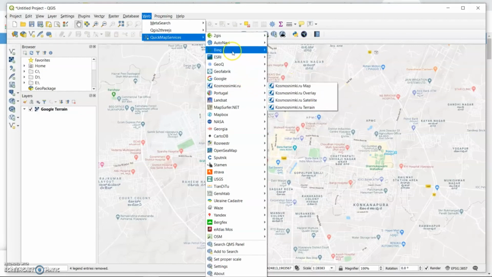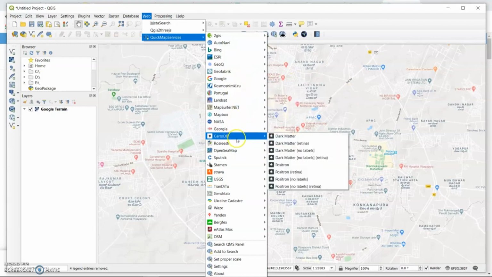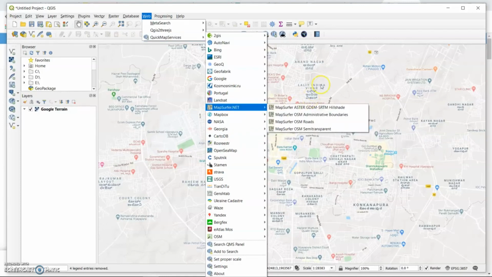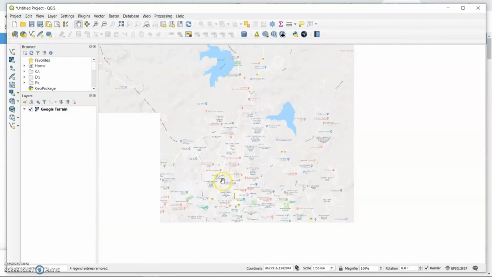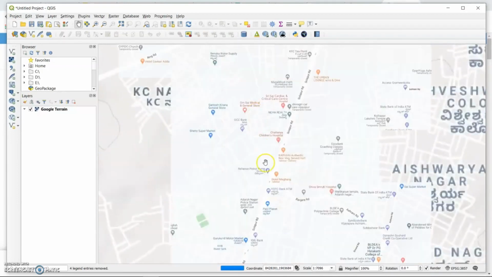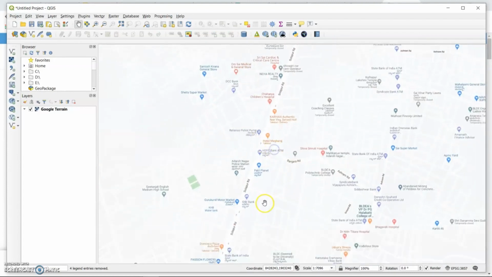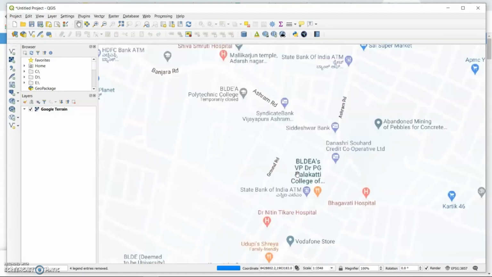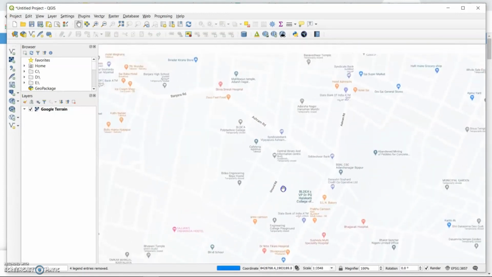You can add any other map also if you want, and try to see what changes you can see between the two maps. For example, this is Google Map. You can select the same area and see what the difference could be. Now, in this session we will try to draw a polygon, a road, and then we will locate something.